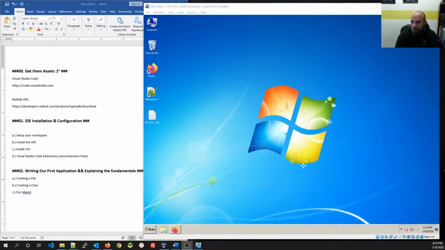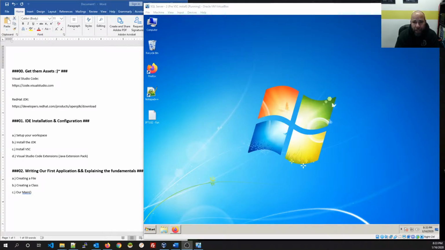If not, oh well. So I broke this down into 3 steps, and I'm using a virtual machine from scratch. So this is basically going bare bones to get started. And the 3 steps are pretty simple. First, we got to get our assets. That would be Visual Studio Code. It's the IDE everybody's asking me what I use. I like VSC. And then also